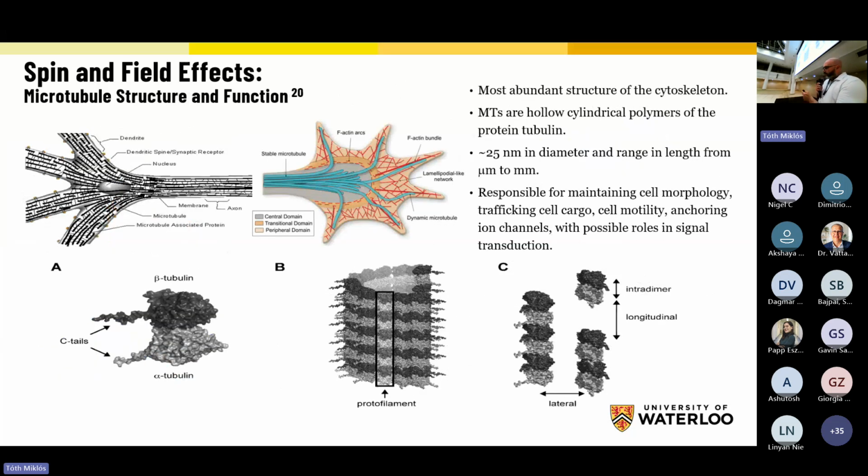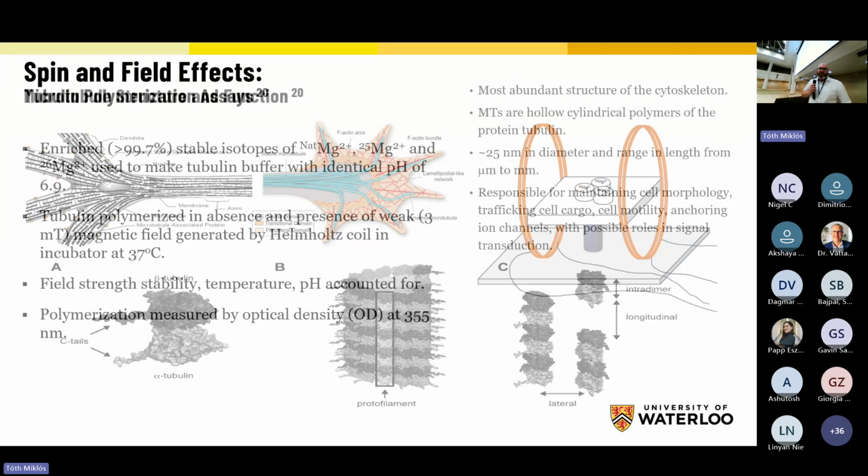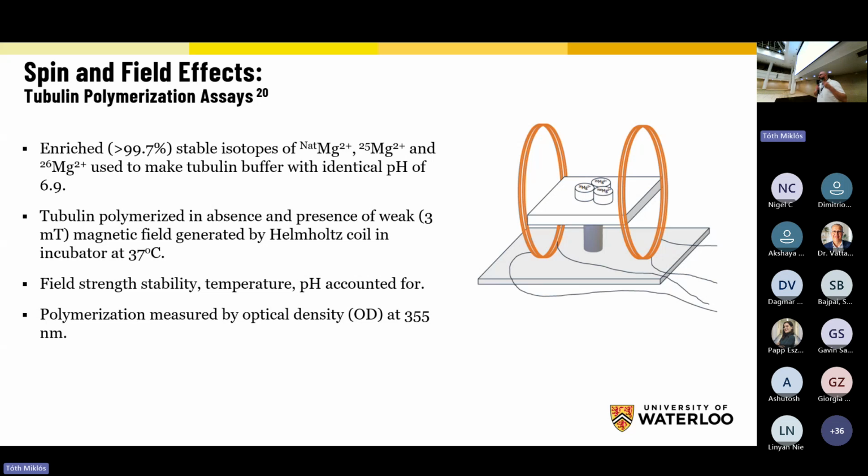I think I had these slides mixed up, but here is what the microtubules do within a neuron. So here they're forming these bundles in axons and in dendrites. They also form the axonal growth cone and hold up the processes of the axonal growth cone. And so they're very important for overall neural function, as well as synaptic plasticity and the transport of cargo throughout the cell, and therefore it has direct bearing on neuron health and is something we can target for a potential treatment in things like neurodegenerative diseases.